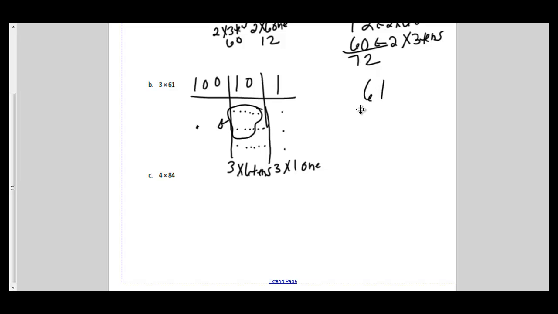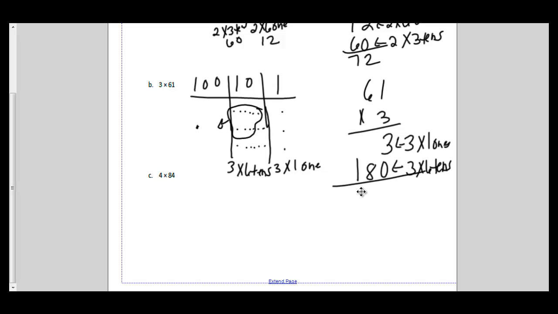So 61 times 3. So I end up with 3 ones, which is 3 times 1, and then I end up with 180. That is 3 times 6 tens, and when I add that all together, I have 183. All right, last one. So now I'm going to do 84 times 4,